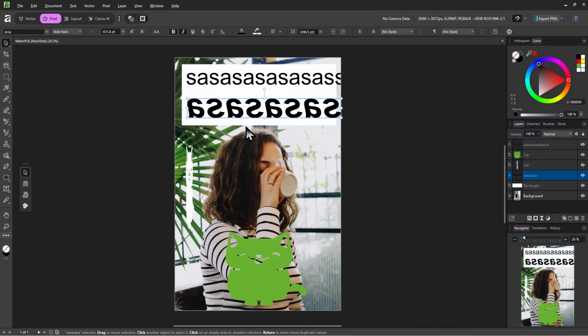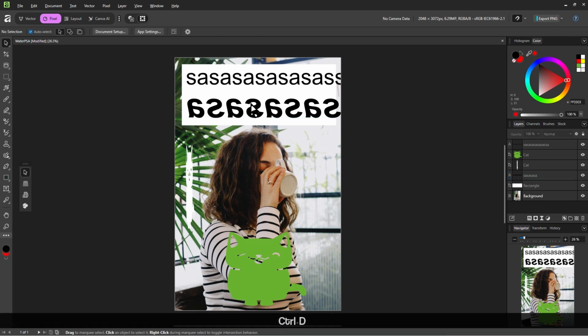What you select is called a selection. And to deselect, meaning to cancel out any selection that you have so that nothing is actively selected anymore, you just click on a blank space, or you can also press Ctrl plus T.